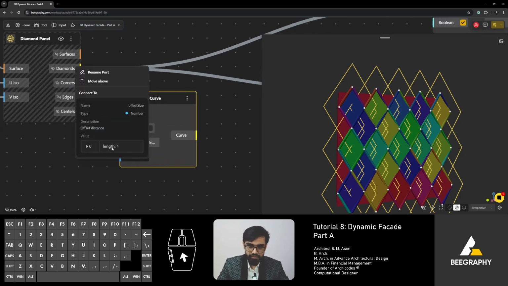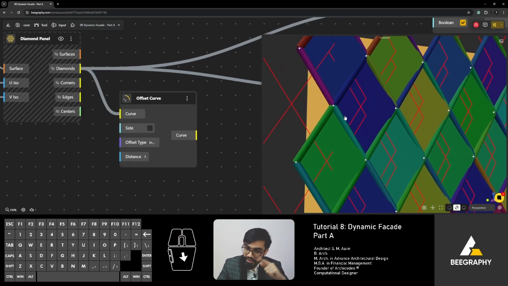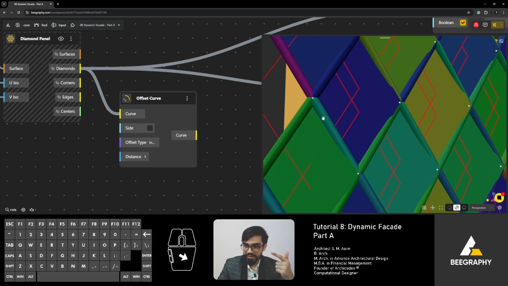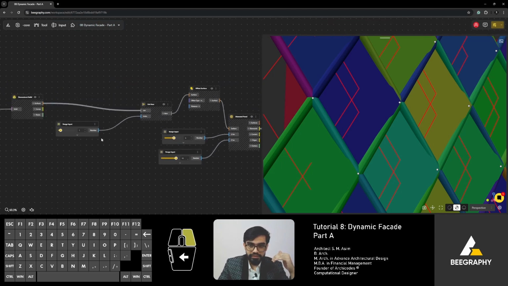All right, and the distance will actually be equal to the radius of these pipes, right? So this is the pipe. The entire diameter is this big, and the diamond is going through the middle. So we just need to remove that part. So we are going to offset only the radius of the pipe. The radius of the pipe is